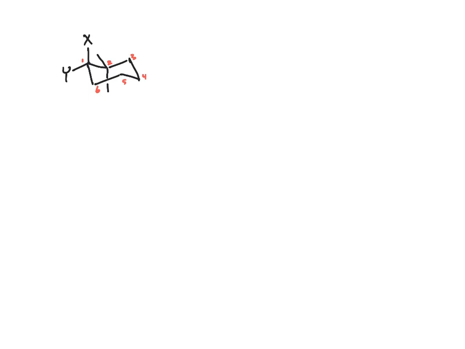So the other thing this question is asking you, what groups are gauche to Y? A gauche relationship is a 60-degree dihedral angle. So the equatorial group that I just drew is gauche to Y. Does everyone see that? Let me call that A, and I'll call this one B for using letters. So Y is gauche to A. It turns out that X is going to be gauche as well, but this question is specifically asking you for Y. So if we look at carbon 3,